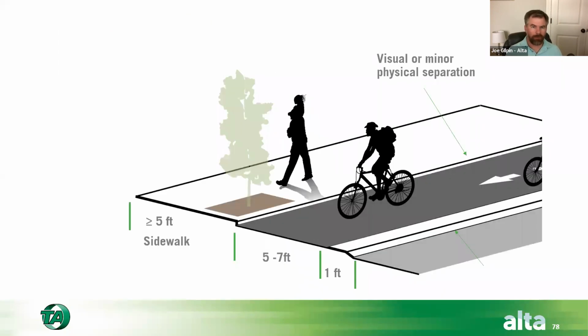Well, we could also raise the facility and have a mountable curb on one side. And so this might not have to be quite as wide, because the bicycle still could leave the bike lane and pass another bicyclist and re-enter if they needed to. And so this has delineation from the sidewalk. It also has delineation from the roadway. Motorists could still encroach, but the raised curb does provide a lot more disincentive to stay out of the bicycle